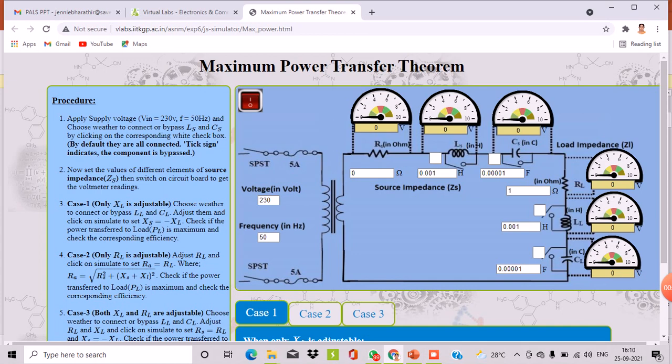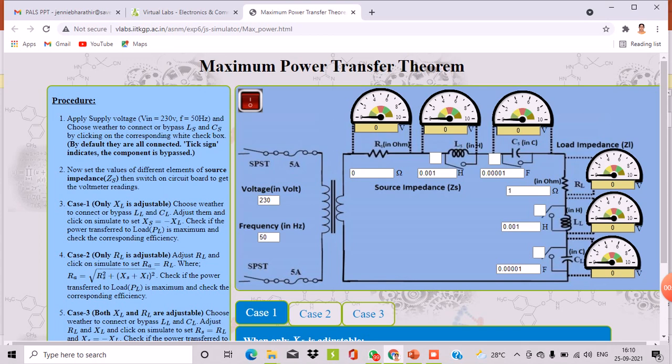First, before getting into the simulation, let us define what the maximum power transfer theorem is. It states that in order to obtain maximum external power from a source which has a finite impedance value, the impedance of the load must equal the impedance of the source as viewed from its output terminals. So we need to ensure that the value of source impedance equals the value of load impedance. Only then can we ensure that maximum power has been transferred from the source end towards the load end. We'll go through the procedure first to simulate.